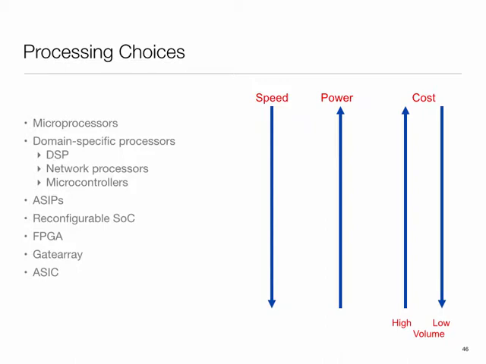It could be specialized processors like signal processors or network processors or microcontrollers, which are basically things with a lot of interfaces. Application specific instruction processors: you can have processors whose instruction set you can optimize or change and then make your own stuff. So like maybe you do a lot of FFTs, so you can have some hardware for FFT and have that be an instruction. Reconfigurable system on chips: a system of chips where there could be a little bit of hardware that you can program. FPGAs, gate arrays, these are all programmable type chips, and then totally hardwired stuff.